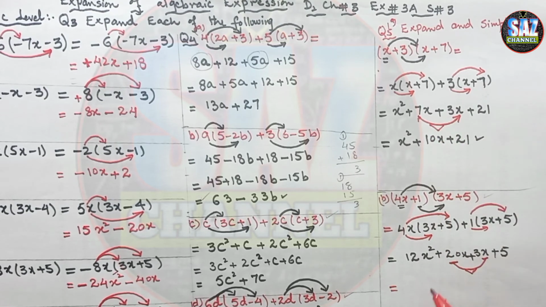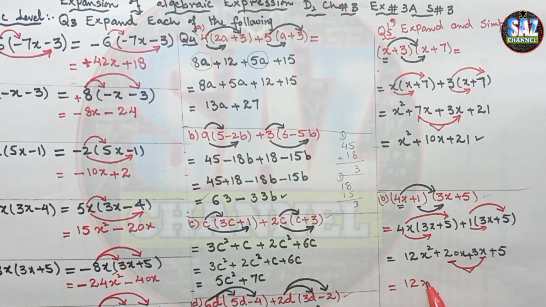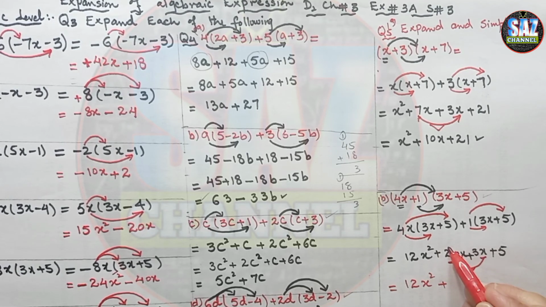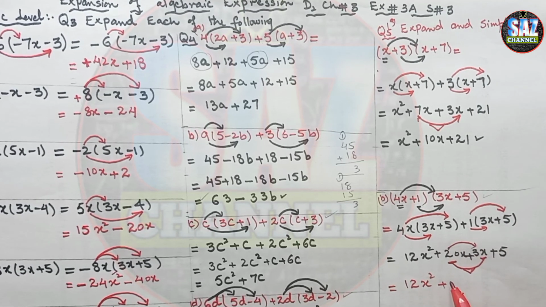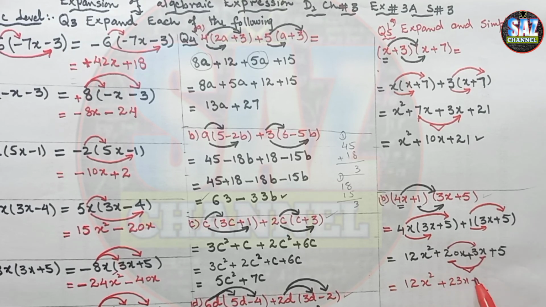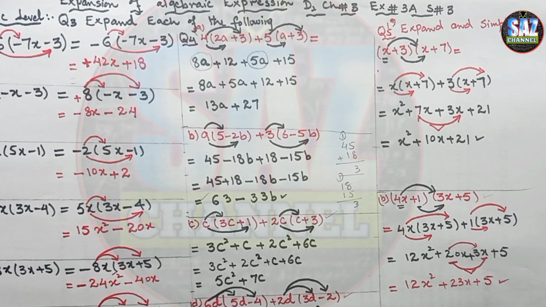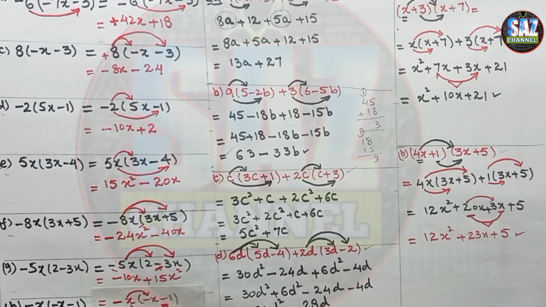Okay, and then the question will take the form 12x square plus 20x plus 3x, like terms with same signs, positive sign, so I will mark the positive sign here, and 20 will be added to 3 and it will give me 23x plus 5. Very easy lesson. I hope all of you are clear about this lesson. For the understanding of the next lesson, you have to watch, understand and retain this lesson properly, and focus on the tables and rules of integers.